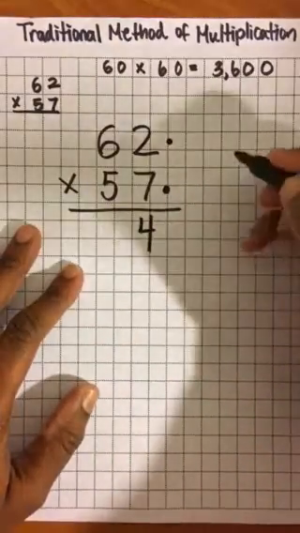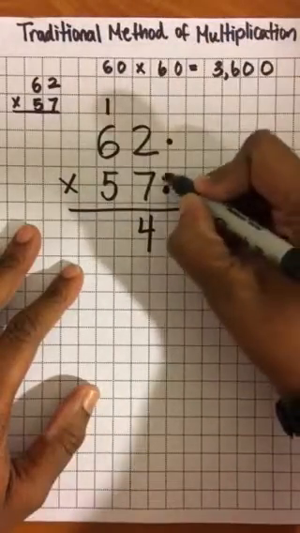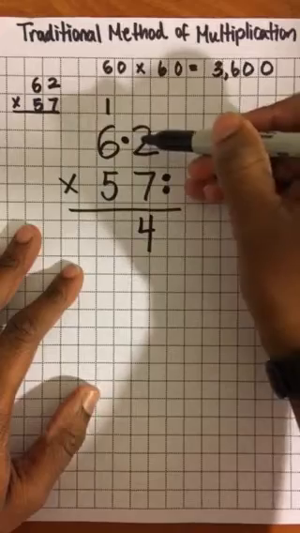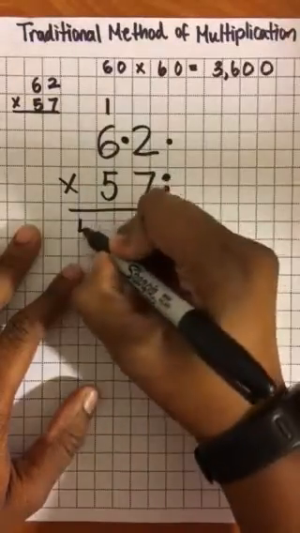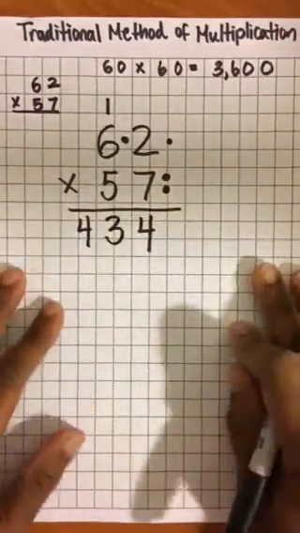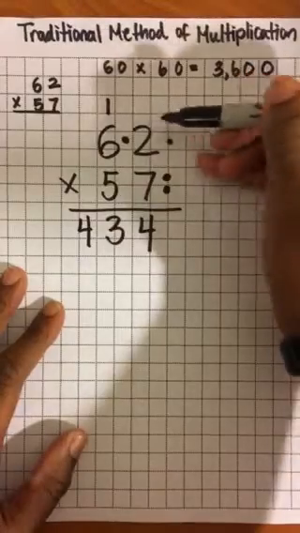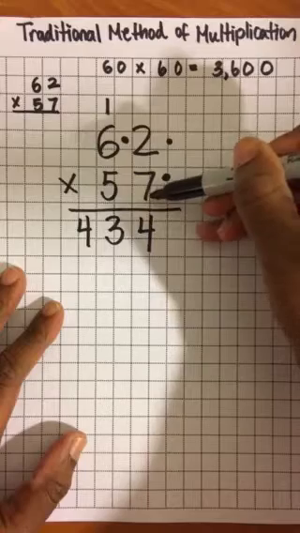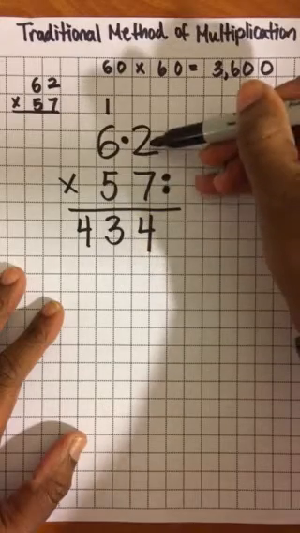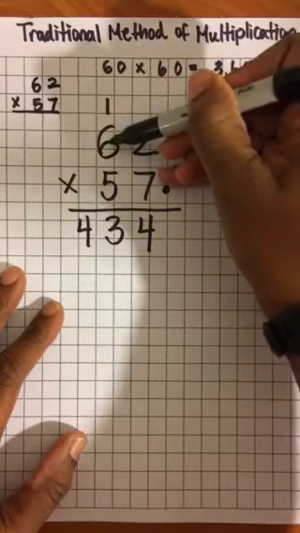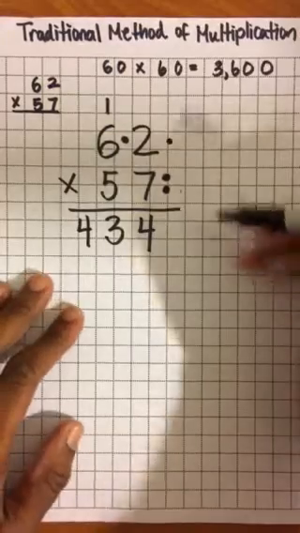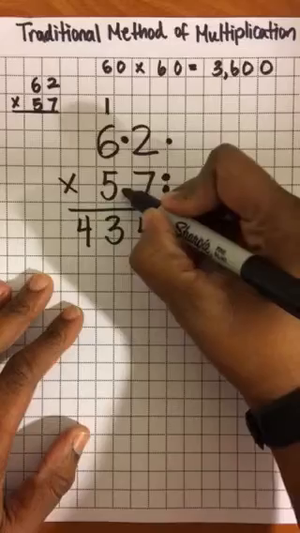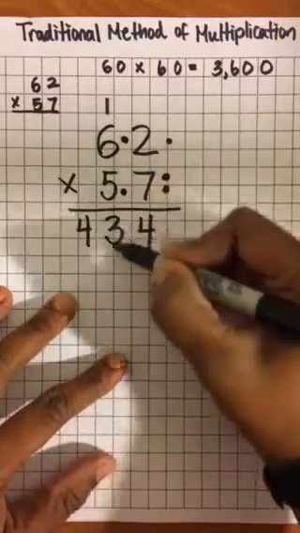I bring down the 4 and carry the 10. 7 times 6 is 42. 42 plus 1 is 43, which means that 62 times 7 is 434. You can see that the 7 has multiplied the 2, and the 7 has multiplied the 6 in 62. There's nobody left for 7 to multiply, so we move on to the 5, which is in the tens place,